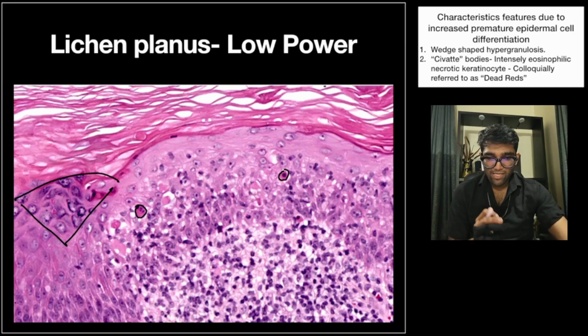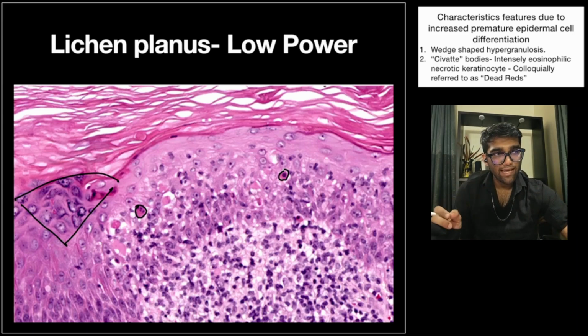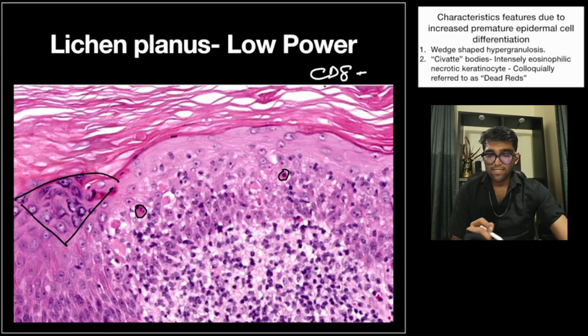Okay, these are actually necrotic keratinocytes, which are called Civatte bodies. There's a specific anti-basal cell layer immune response, an adaptive immune system response, predominantly done by CD8 plus T cells. Okay, CD8 plus T cells are killing off these cells essentially. And those necrotic cells are then forming these bodies, what are called Civatte bodies, and these